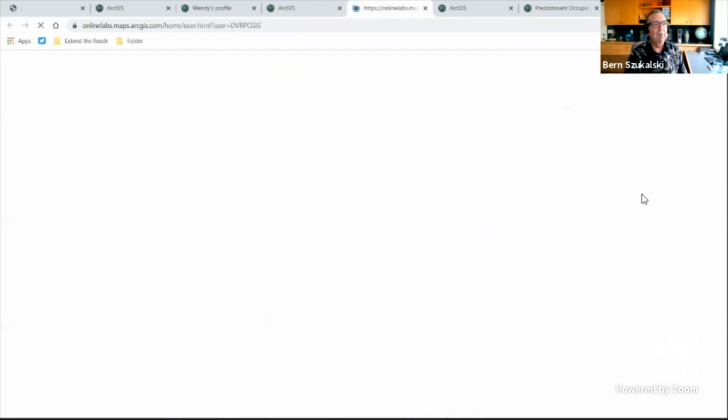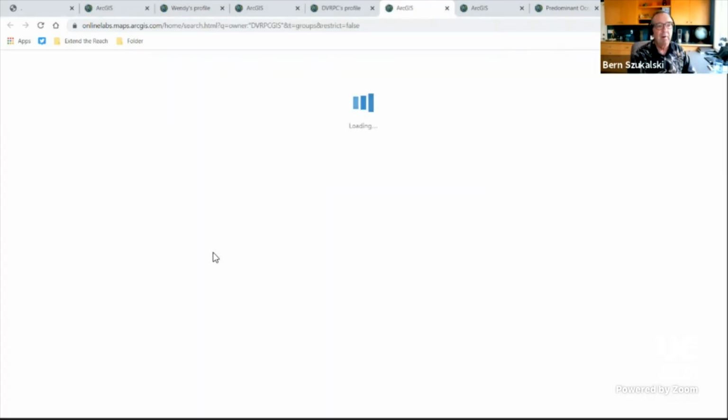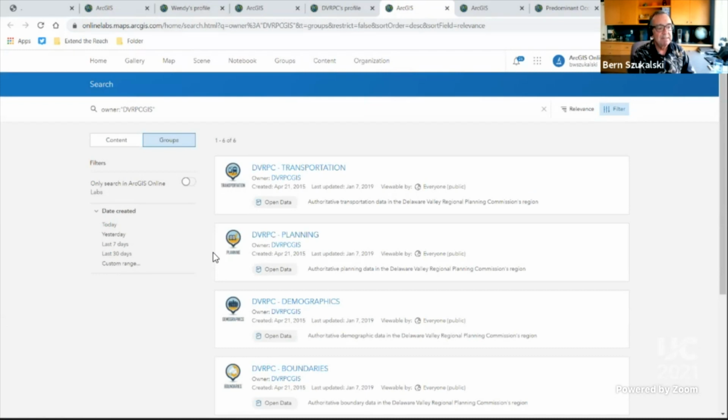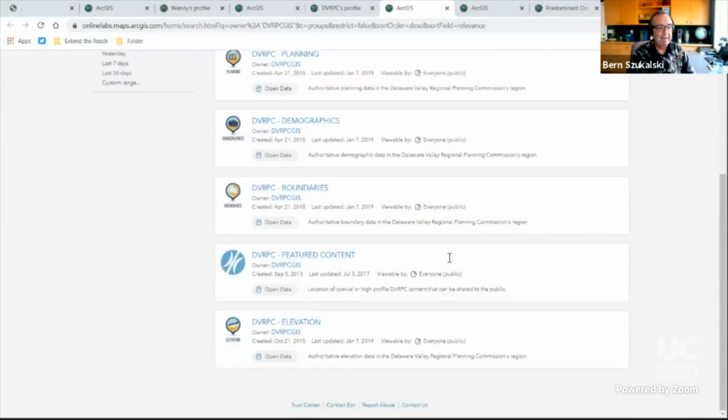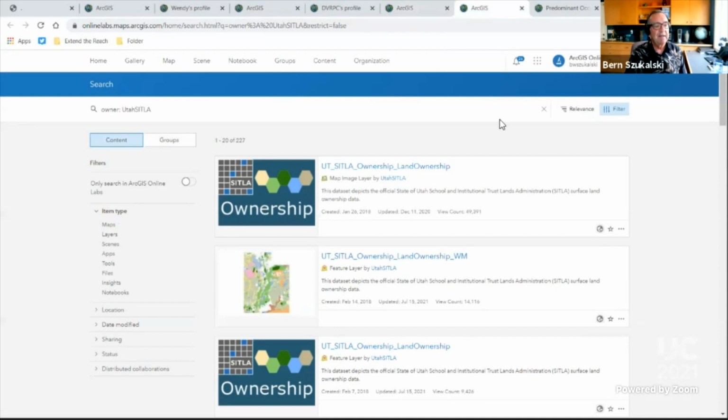In this case, we're looking at that DVR PC GIS profile. Again, I can view their profile, and they've let it default to the items by relevance. But again, they've done such a good job in having great item thumbnails that this is fine. Notice also that any of the groups that you own will also be one click away from discovery. They've done a really great job here by using some really good group graphics. So again, your stuff is very visible now, so it's worthwhile paying a little bit of attention to see what's